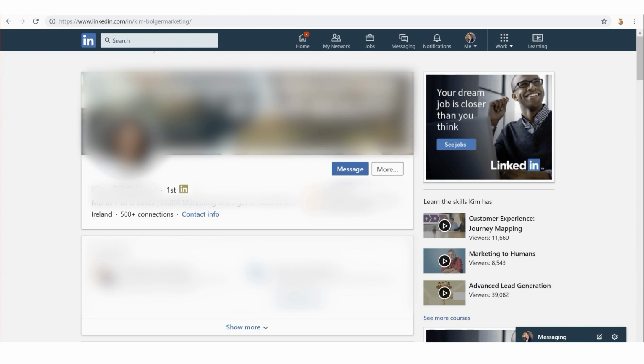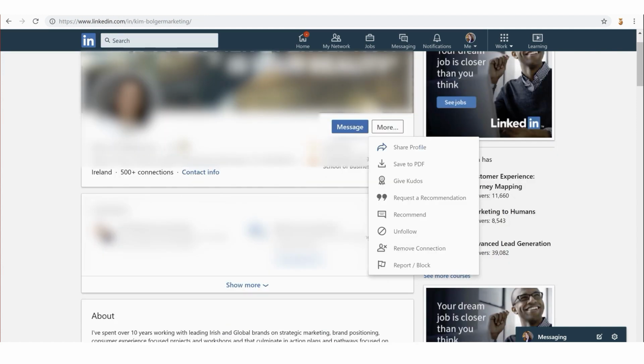When we click on that, there are a load of different options. You can choose to share the person's profile, save to PDF, give kudos, and this is the one we want, request a recommendation. You can also recommend that person, unfollow them, remove the connection, or if you need to, report or block. But today, thankfully, we are going to request a recommendation.